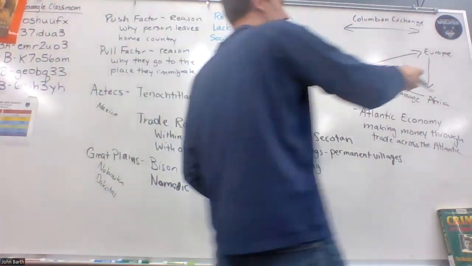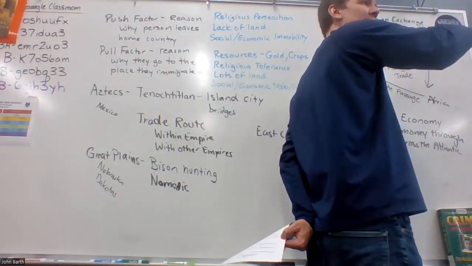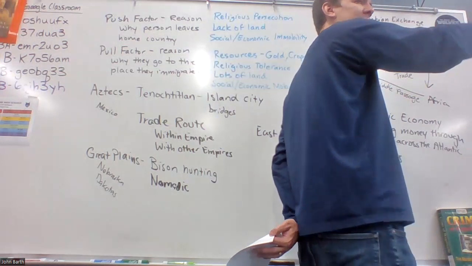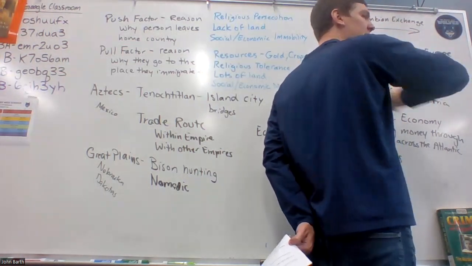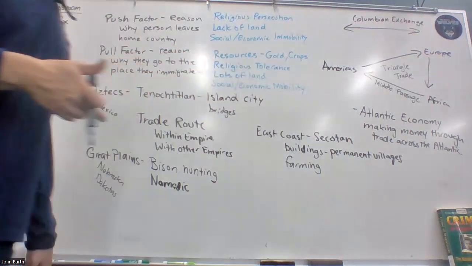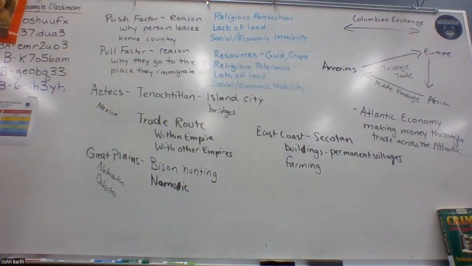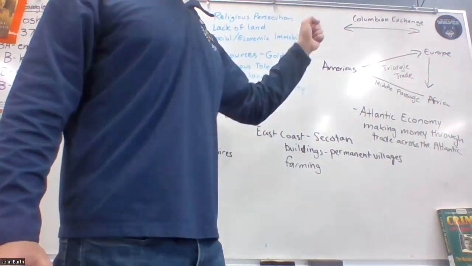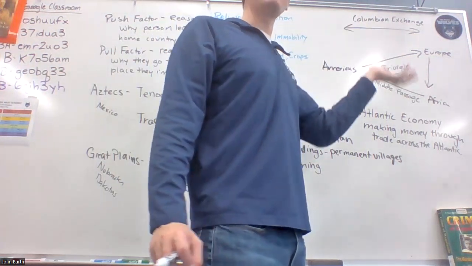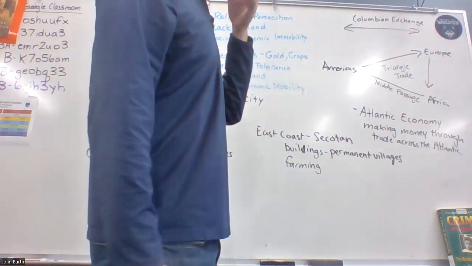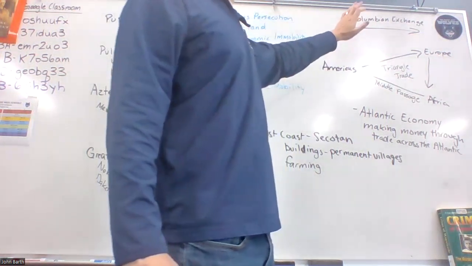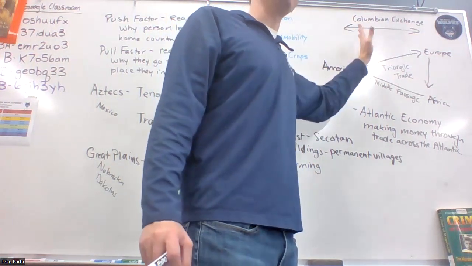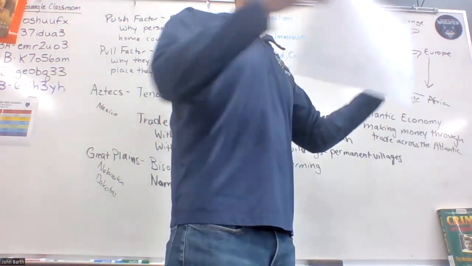If you're just talking about how Europe is trading with itself, that's not the Atlantic economy because it has nothing to do with the Americas. But if they're getting resources and making something out of it and then selling it, that's a part of the Atlantic economy. All the words are talking about very similar things, but there are subtle nuances between them, which makes it difficult, right? If the question is asking you about the Columbian Exchange, the question might be answered differently if it's talking about the Middle Passage, right? Those aren't exactly the same thing, but they all are kind of part of each other.